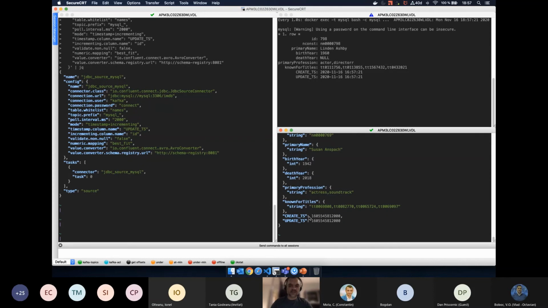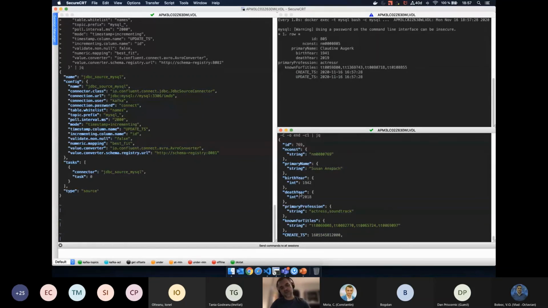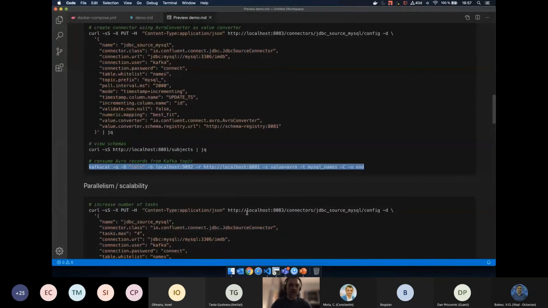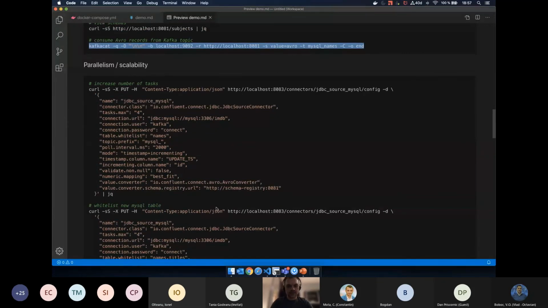But the idea is that the schema ID is stored in each event we are publishing into Kafka, and clients consuming that topic can retrieve the schema and deserialize the event.